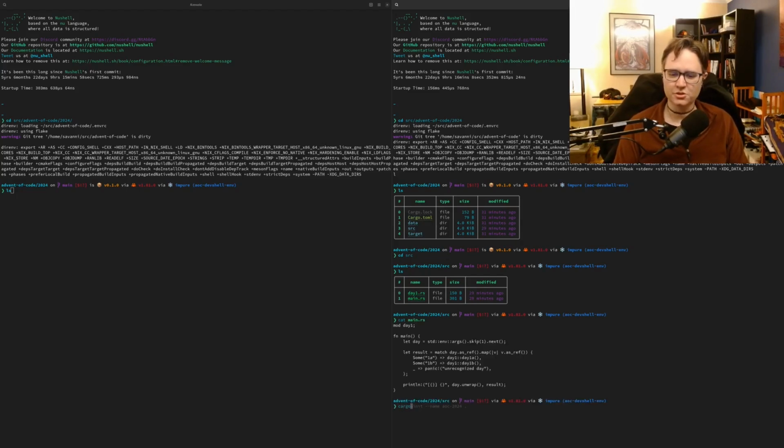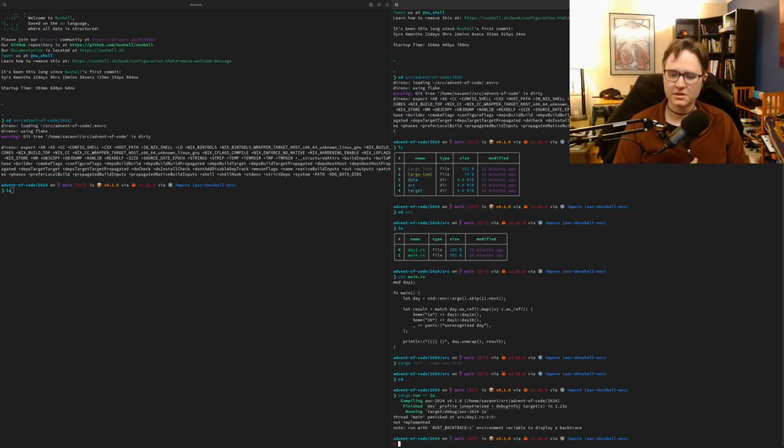So from one level higher up, I would do a cargo run 1A, or maybe it's dash 1A. I have to remember all of this each year. Yeah, that's about right. I haven't actually implemented anything yet, so of course it's going to be wrong. But it's just a great big match statement to go off and work on a function. But I actually do a lot of this work in a very test-first development mode. I want to get as close as I can to the right answer before I feed the real data in.